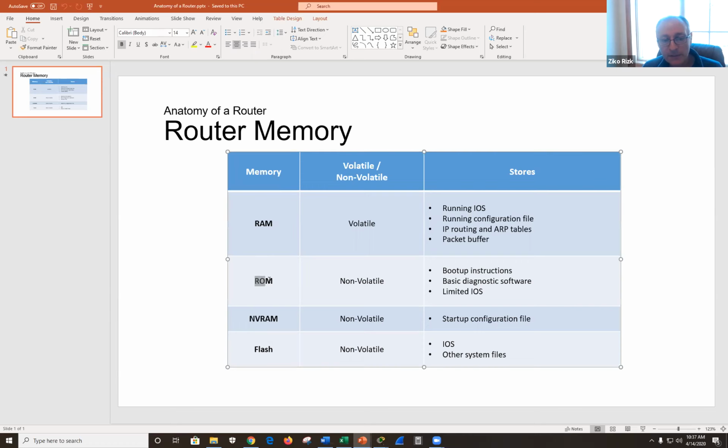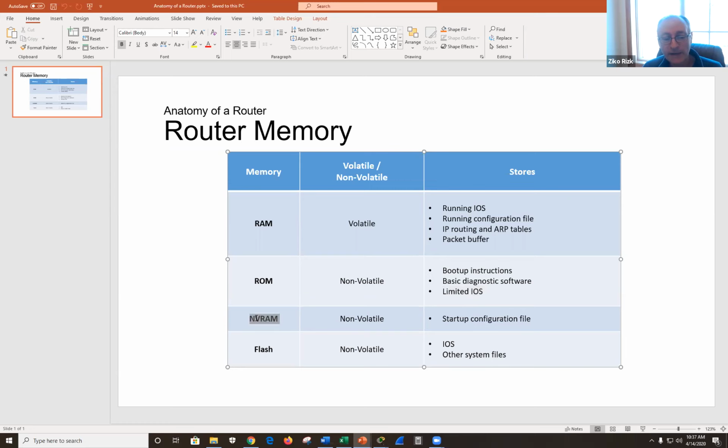And this is ROM, read only. And what we have here is this limited IOS. And this is this ROMMON operating system. It's a limited IOS. And it's basically for troubleshooting, which is what we're doing right now. Or if you want to download a newer version of the operating system, you can do it from here.